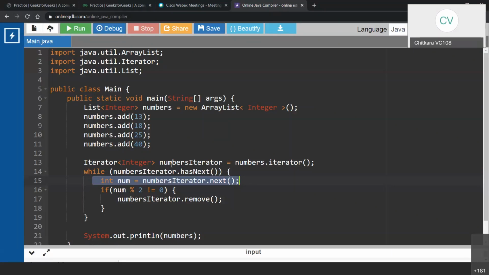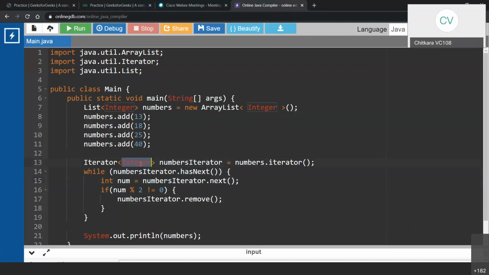See, the answer lies over here. This particular iterator is working on the wrapper class because it can work only with the wrapper class. That's what we learned yesterday, that collections work only with the wrapper class. So this is going to give me a token, and this next is going to give me an element which is again a wrapper object. That means this object is of the type Integer.